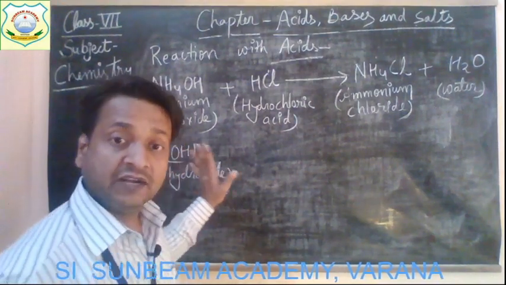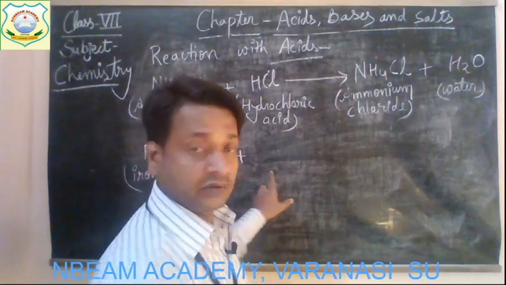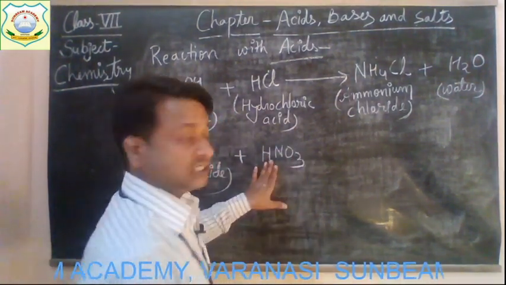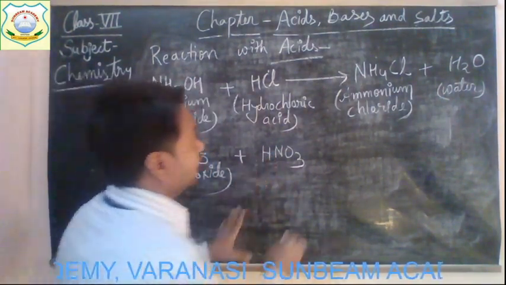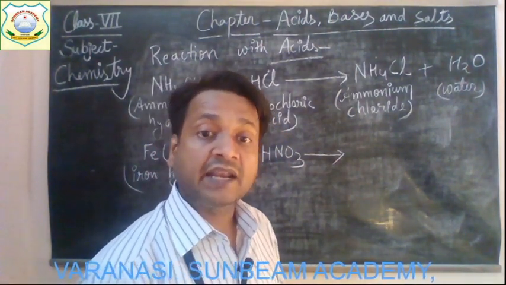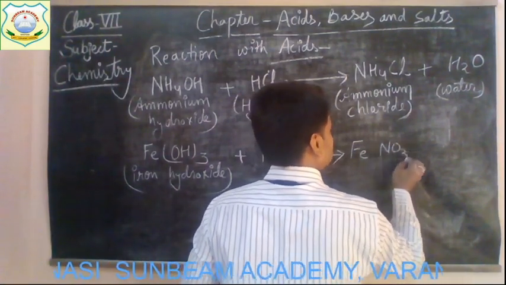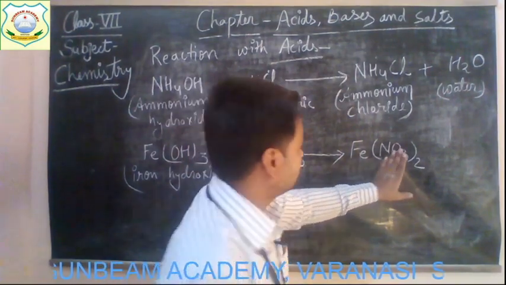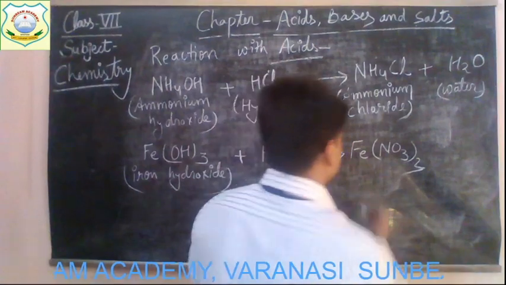So when iron hydroxide reacts with nitric acid, okay children, HNO3 is the formula of nitric acid, it forms a salt, that is iron nitrate, Fe(NO3)3, this is the formula of iron nitrate,